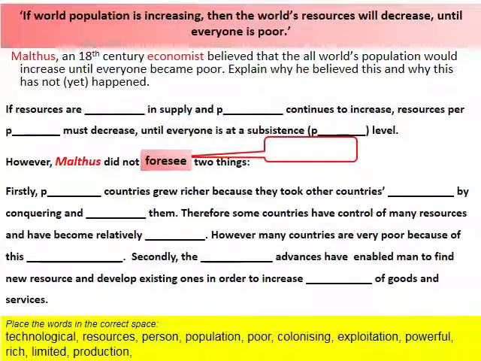And so while Malthus is still fundamentally right that resources are limited and human wants are unlimited, we have this fundamental problem of scarcity that undergirds and directs how economists think about the world. So I'm going to leave you now to put in the missing words as a way of just thinking about what I've shared.